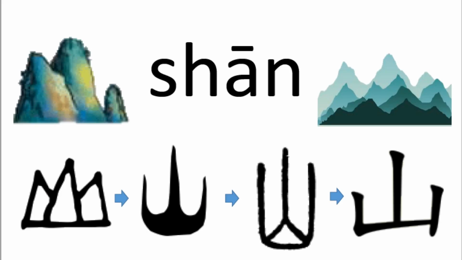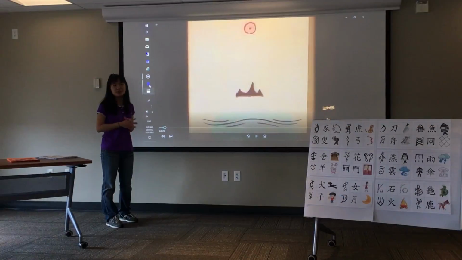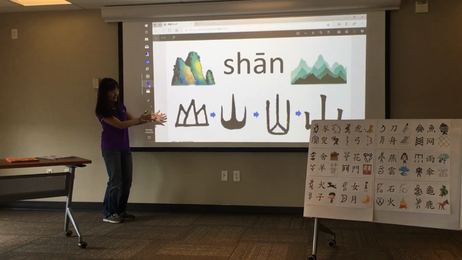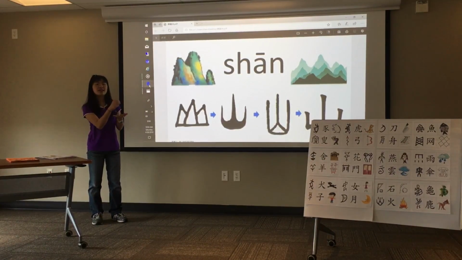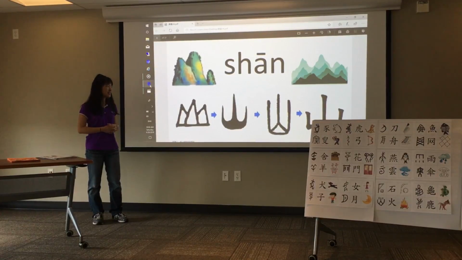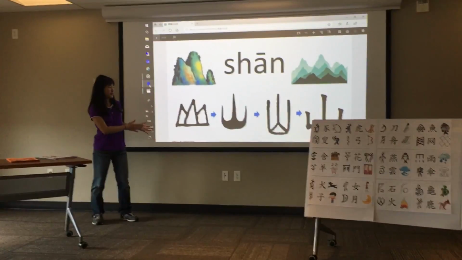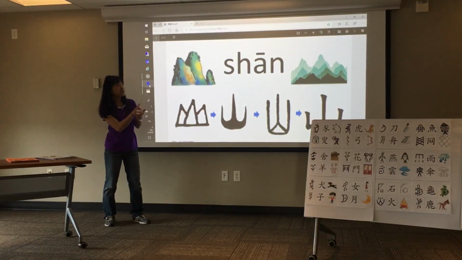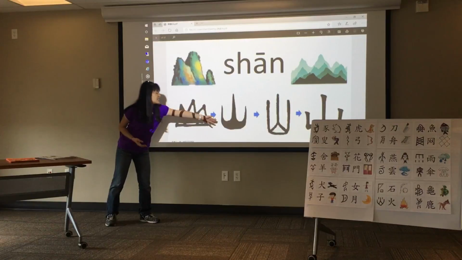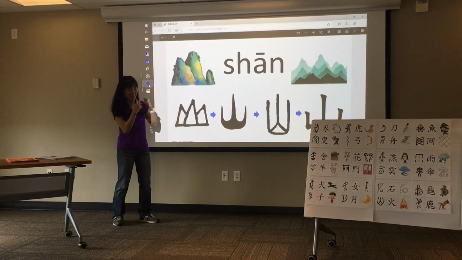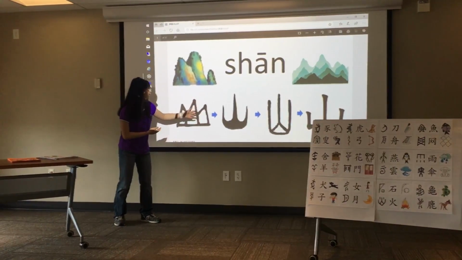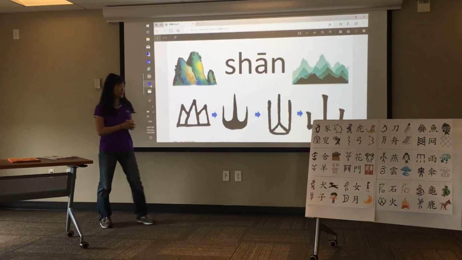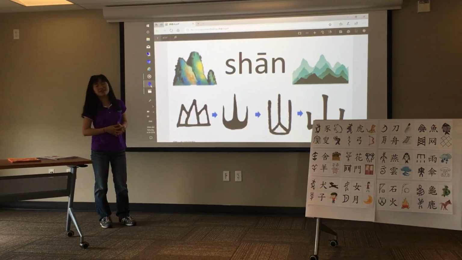And how this came about was about 3,000 years ago, people wanted to express the idea of a mountain. So they drew a picture of a mountain on a hard surface, like they carved it on animal shells or bones. So this is the picture of a mountain. And over a couple hundred years later, people drew this on bronze containers. So this is what the mountain looks like. It was simplified because it's simpler to draw 3 like that. And now that is the formal form of the word for mountain that we're using to this day.